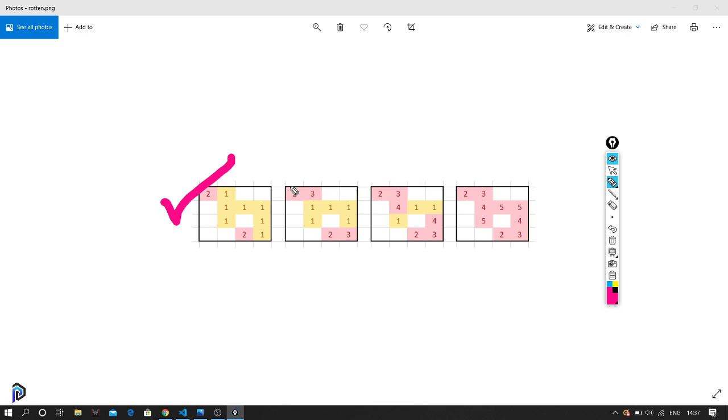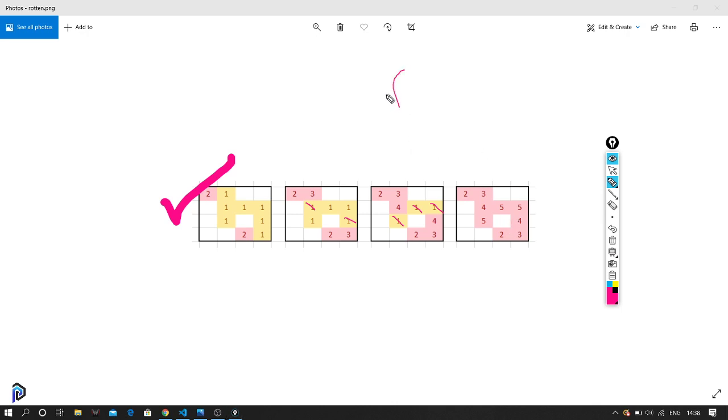In the first minute we check which values have 2, and from there all its neighbors are changed to 2 plus 1. In the next minute we check all the indexes for 3, and if 3 is present, we make its neighbor 4. So in this iteration this would become 4 and this would become 4. At the fourth minute these would be rotten. After this one is rotten, this one would be rotten, and from this orange, this would get rotten. So at the fifth index, everything would be rotten.